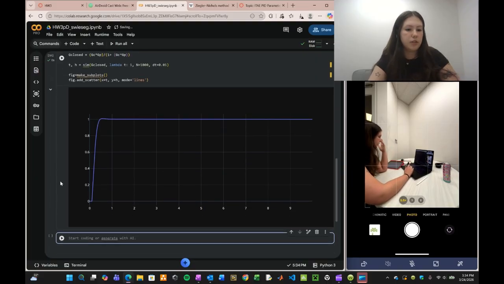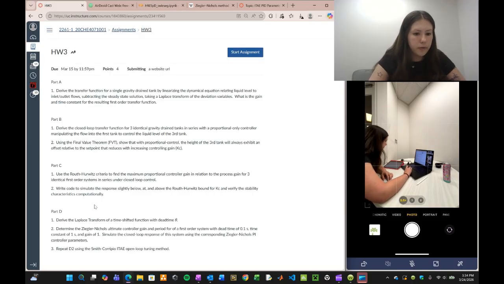So this could be a better method depending on the process or what the function is. But yeah, I believe that is all the parts of our homework here. So I will see you in the next